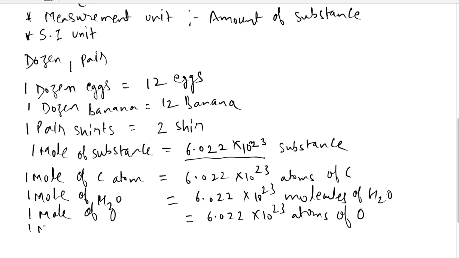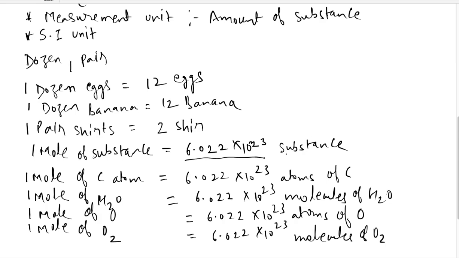If I have 1 mole of O2, what does it mean? Because oxygen exists in diatomic form, O2, I have 6.022 into 10 raised to power 23 molecules of oxygen. Okay, so this number remains fixed,